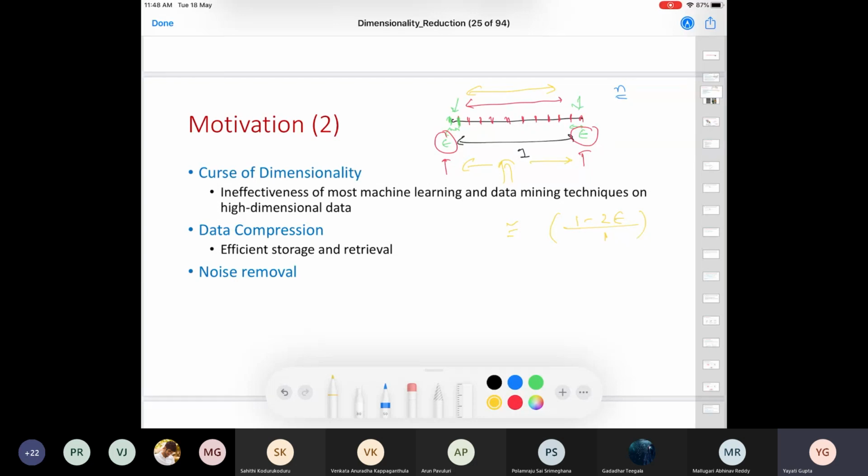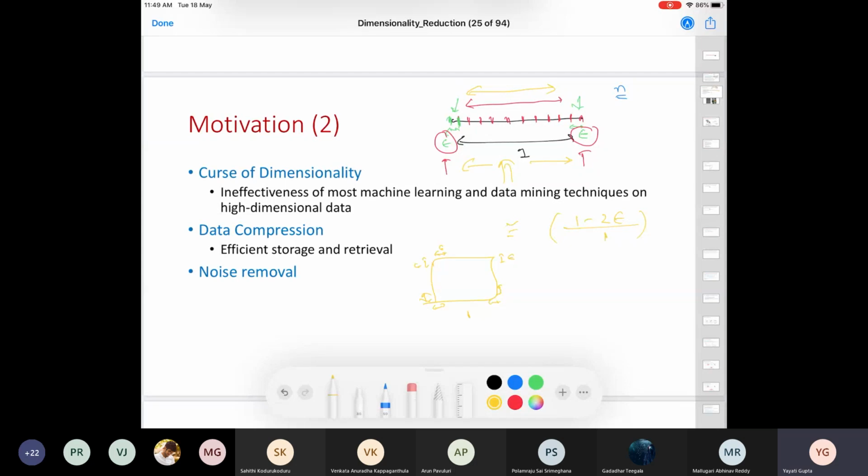Now assume that I have a unit length square, and this epsilon is the small portion in the very corner. I hope this is visible. I'm picking these epsilons from the very corners of this two-dimensional square whose length is still 1.